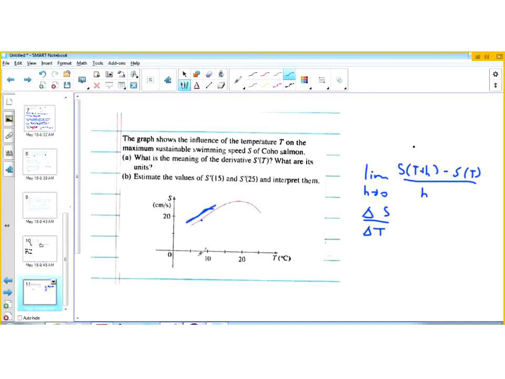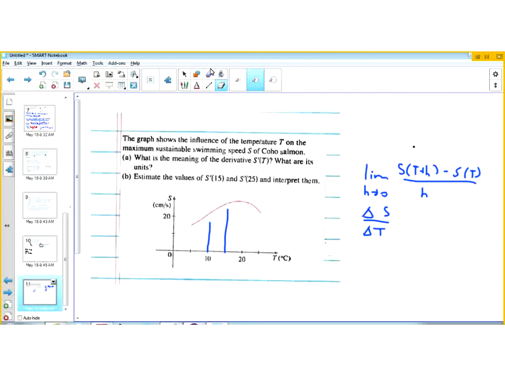Okay, so that's the meaning of the derivative. It's the rate of change of the swimming speed with respect to temperature. And then S prime of 15, well, it's kind of hard to do on this graph,